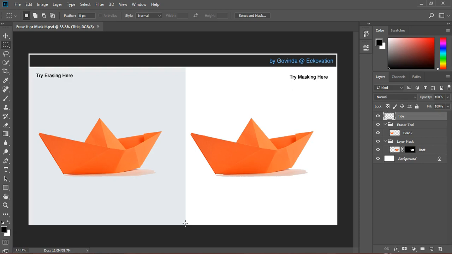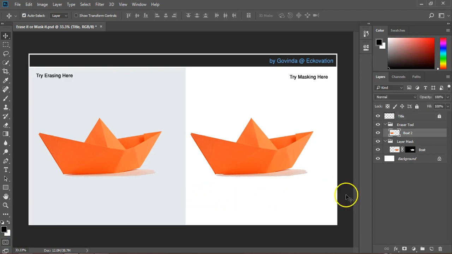So, there will be a lot of times where you'll be importing images into your canvas or editing some old designs. In either case, you will need to erase or remove some part of that image. And for that, we'll need to use the eraser tool and layer masks. Both of these techniques remove the pixels you see, but the eraser tool does it more destructively, while the layer mask just masks those unwanted pixels and can be unmasked later if you change your mind. So, as long as it is possible, always avoid destructive changes. In other words, use layer mask more often than eraser tool.